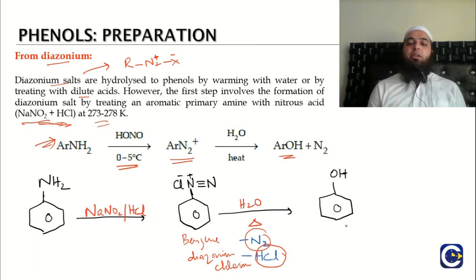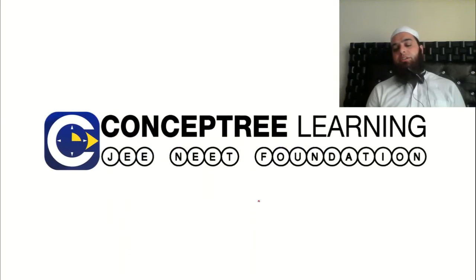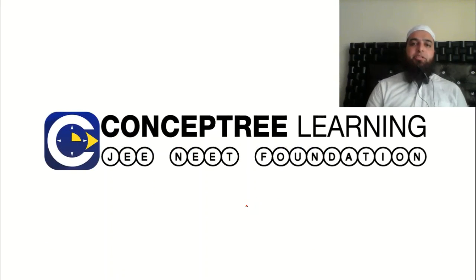Again, this reaction doesn't need mechanistic explanation, because it takes place in multiple steps and we don't need to go into that detail. We just have to represent the type of reagents that we use in this reaction and the type of products that we get. In the next section we'll be discussing another important reaction for the preparation of phenols.